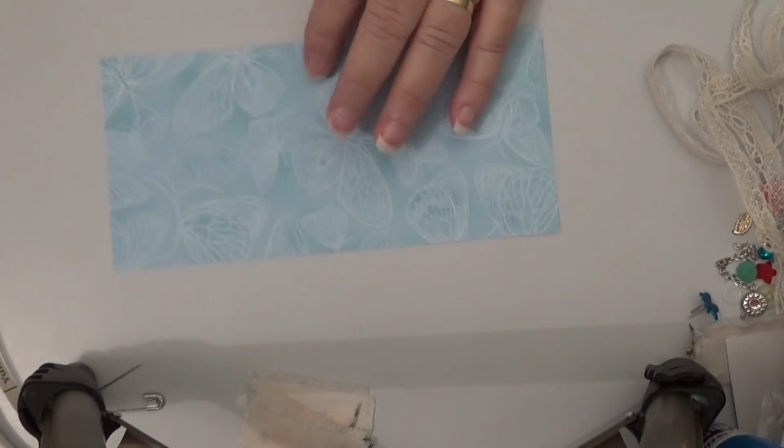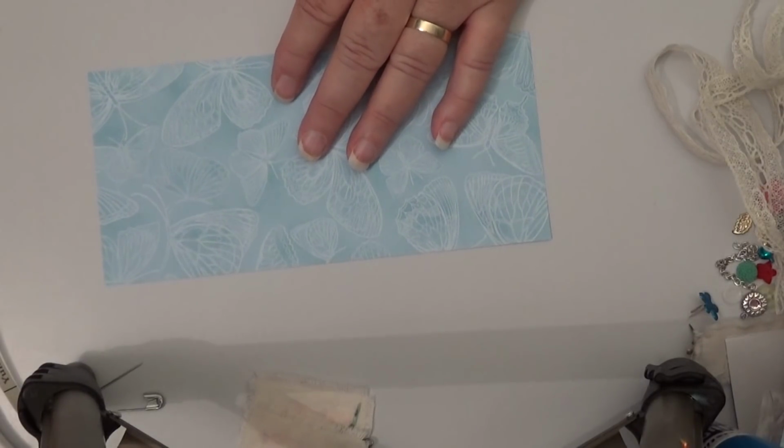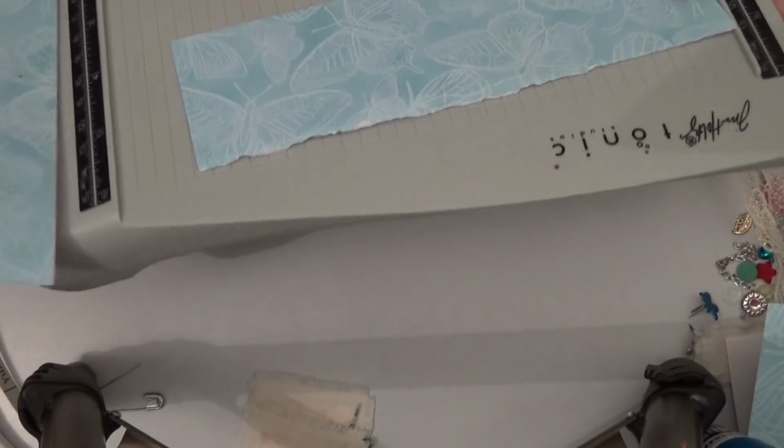And I have a ruler. I did just not that long ago, really. It hasn't got that far away from me, but obviously it has. It doesn't take long, does it, for them to disappear? That was sitting there. Fell down. I measure it on here, about 7.5 by 3.5 inches. Okay, so